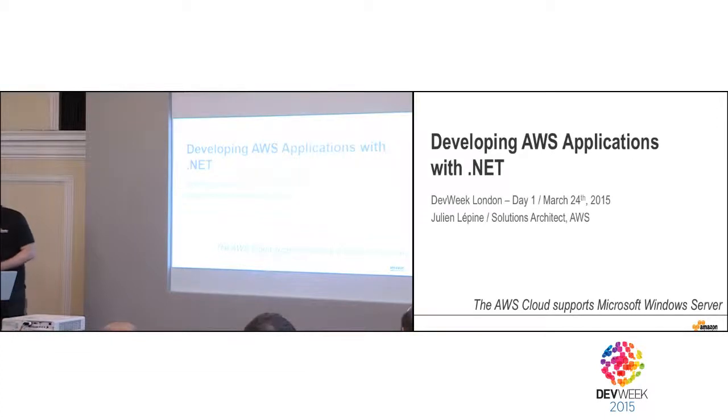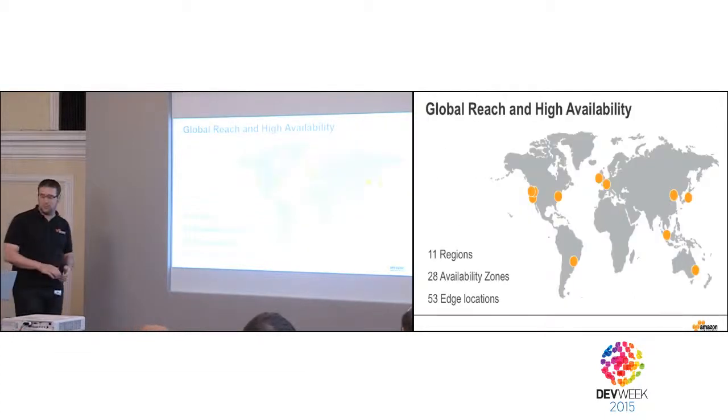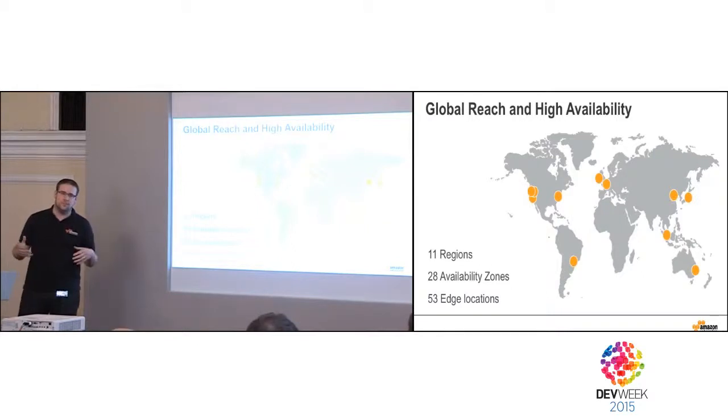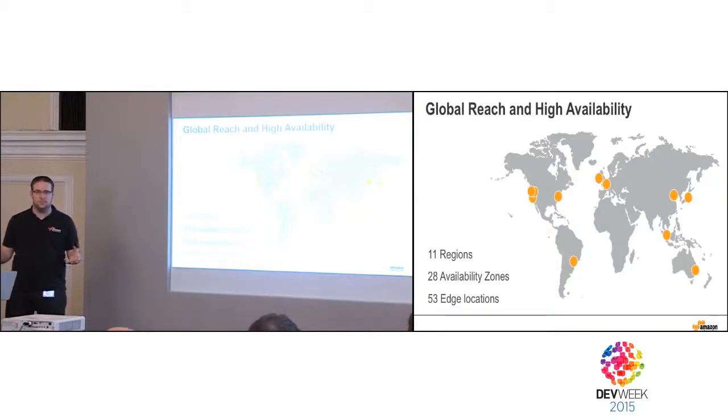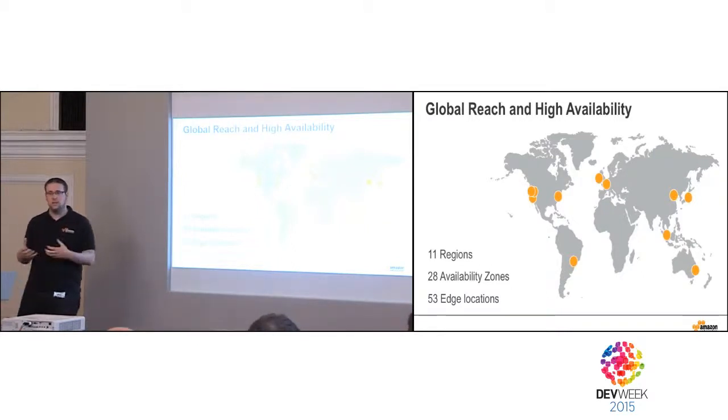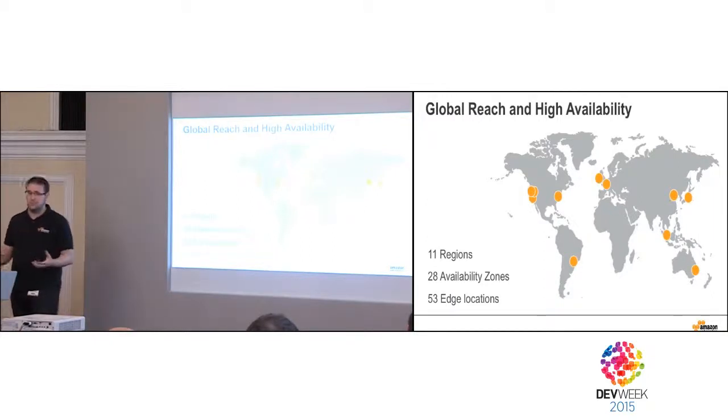AWS, what's AWS? We'll quickly go around what's in it and why we do that. AWS is the cloud, as you may have heard before. So what's a cloud? A cloud is a global platform that you can use at the tip of an API. And that's really the goal of it, for you to be able to use a platform wherever you want with a single push of a button, call of an API, or a single program.